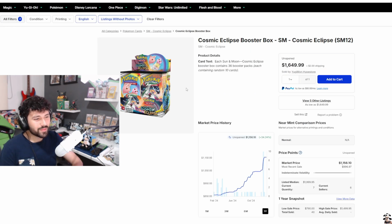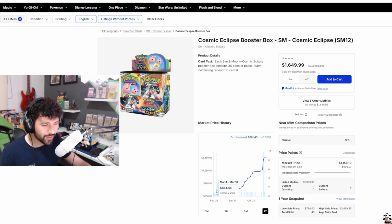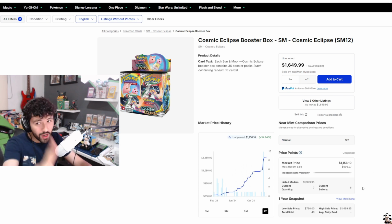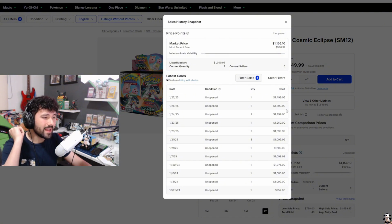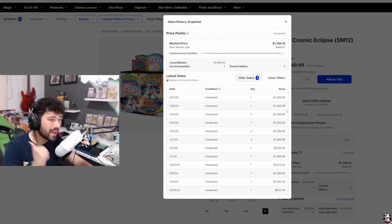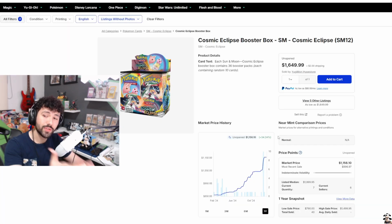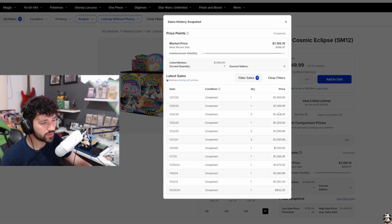All right, let's get into the booster box. This booster box has been going pretty crazy in the last year, up 34%. About a year ago, it was around 860 bucks. Now it's over $1,100. However, it is selling for well above $1,400, $1,499. So it has officially surpassed Evolving Skies with these most recent sales,